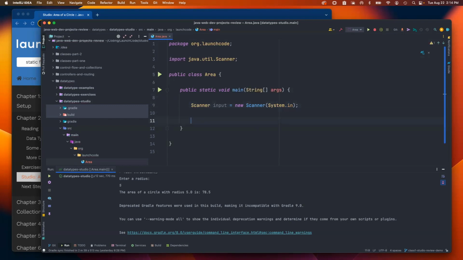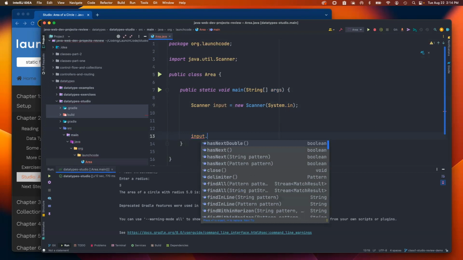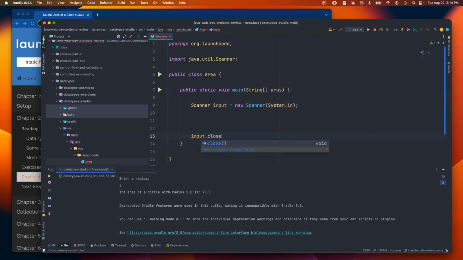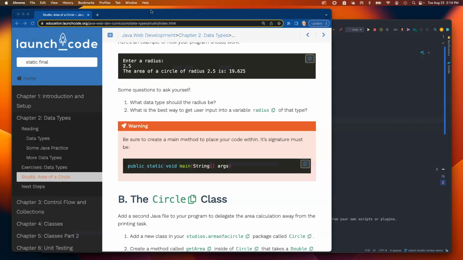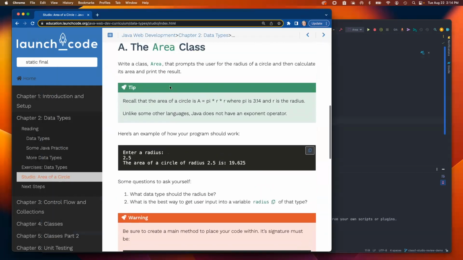Okay, and then the last thing we want is actually to close the scanner after we're done with our program. So I'm going to go ahead and do that now so I don't forget. And then everything we write when we're using the scanner will be in between those two. This is pretty much how you always want to approach this when you're doing user input. So we can move on to the instructions here, which tell us that we want to